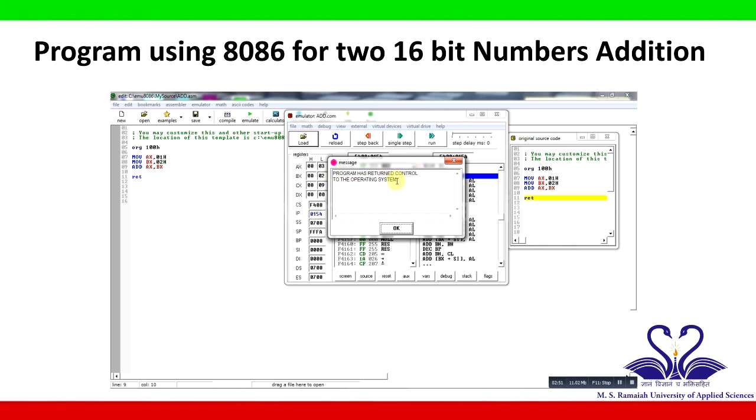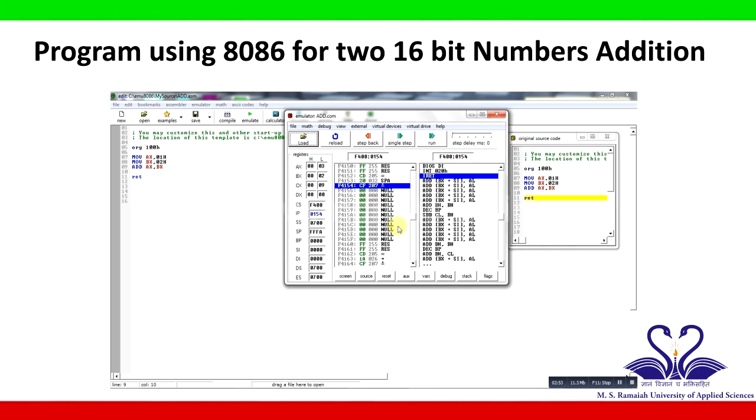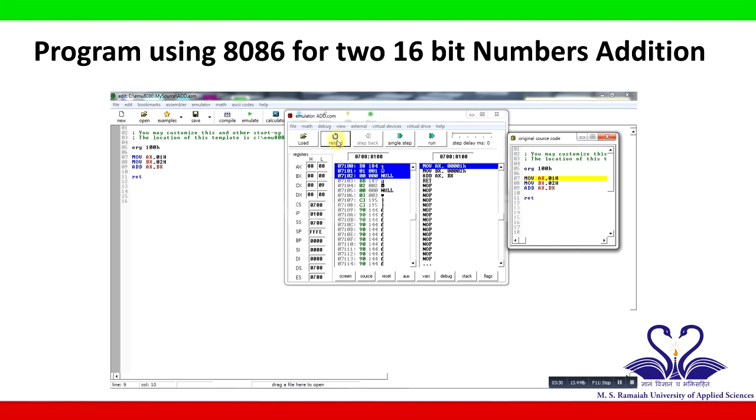Now click on OK. Two windows will appear. The emulator window shows step-by-step execution of the program. It also displays opcode, various registers, memory and flags. The original source code window shows the source program. Click on Reload. Now the program is reloaded for execution.